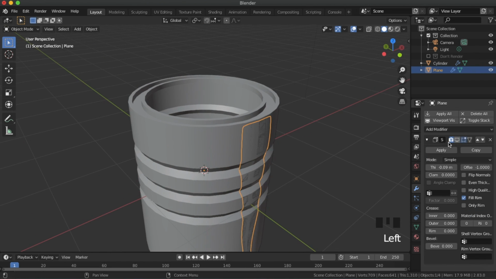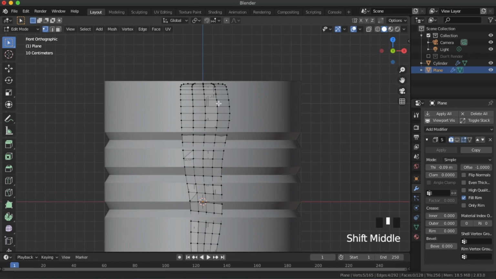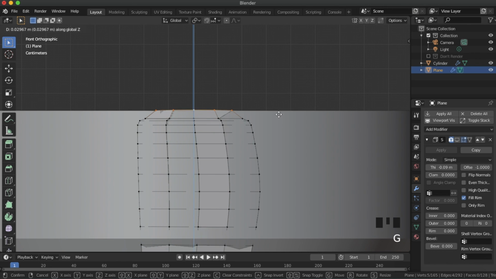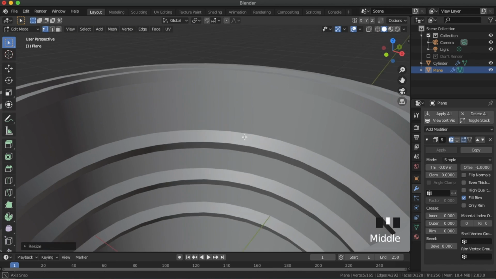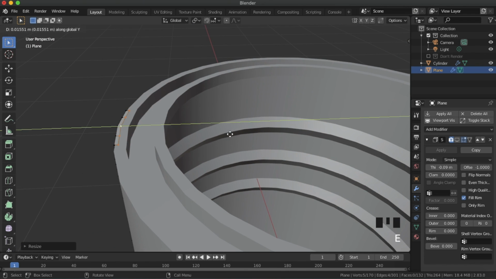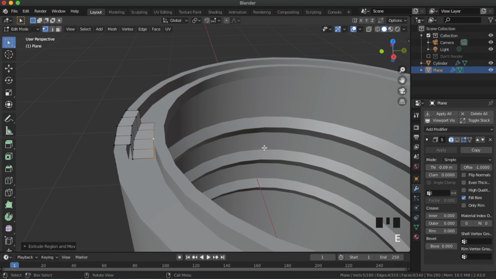And then we can hide this solidify, and let's select this top edge loop using Alt-click, and we're just going to bring it up to the top of this paint can and use S Z 0 to scale it down flat on the Z-axis. Now we can extrude this, so E Y, E Z, E Y again, E Z,